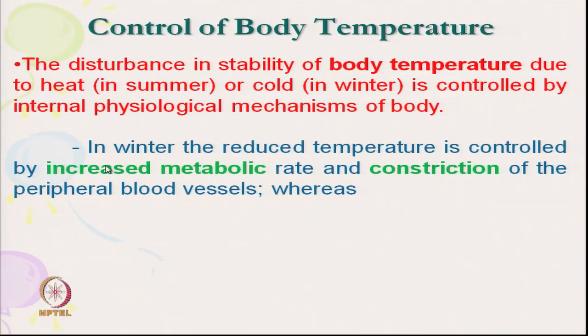So, in winter the reduced temperature is controlled by increased metabolic rate. In winter our metabolic rate is high, so it increases the generation of body heat to maintain the body temperature. Because in winter, automatically, we start releasing body heat, so to maintain that, physiologically,